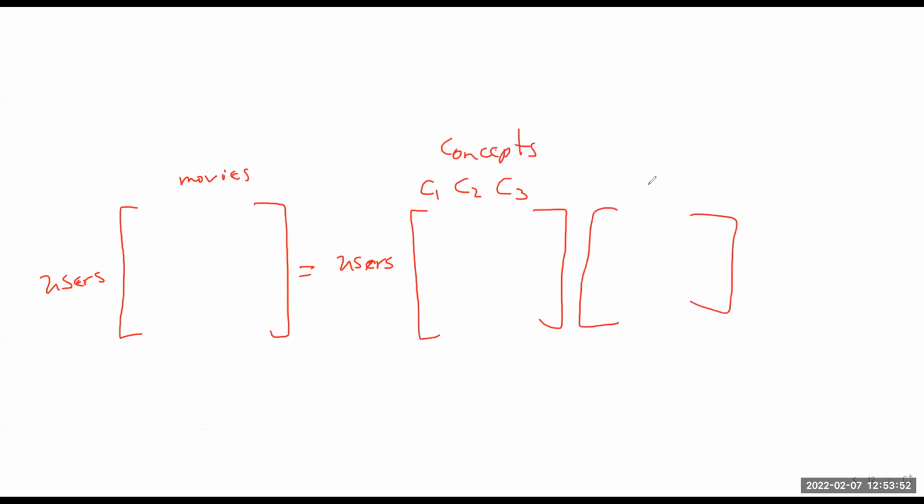Then we have the diagonal, which is something kind of different. And then here, we're going to have the third one, which will have as the columns, the movies. But now this is no longer the users. It is actually the same thing as this, a type of concepts. Okay, so concept. Okay, so what's great about this is then if we want to interpret it, we can interpret this as